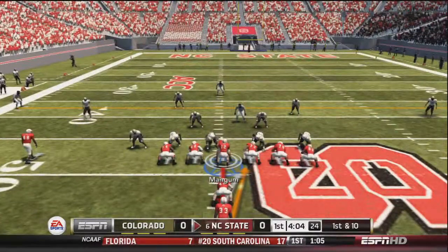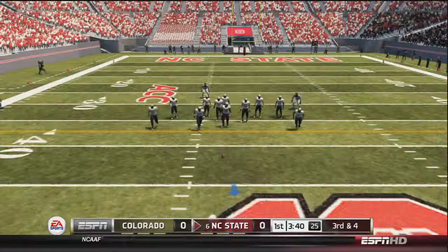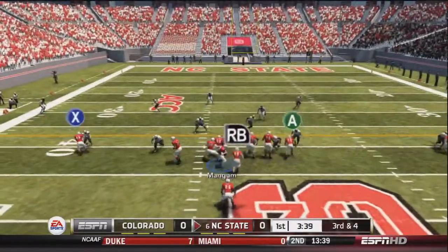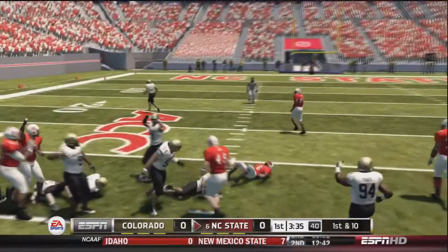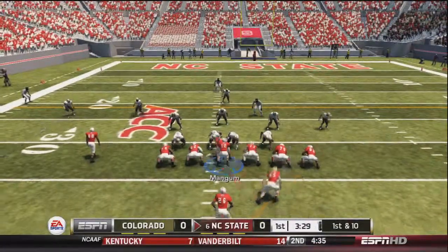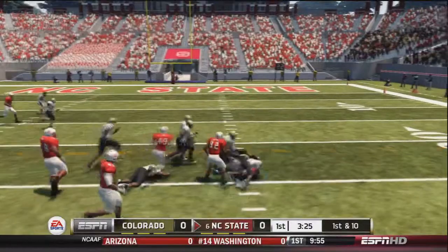And Mangum's going to hand the ball off to Koch. Koch is going to go right up the gut and get a nice pickup of about 6 on the play. So now it'll be 3rd and 4 after an incomplete pass. So now Mangum's going to hand the ball off to Chuck Griffin on a draw play. Griffin's going to go left-hand side, and he will get a nice pickup on the play. 1st and 10 now from the 32-yard line, as Mangum's going to go ahead and hand the ball off to Griffin. Griffin's going to go right-hand side, and Griffin will shred a tackler and get a nice pickup of about